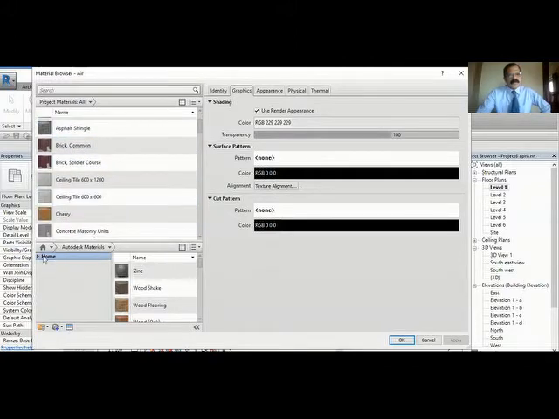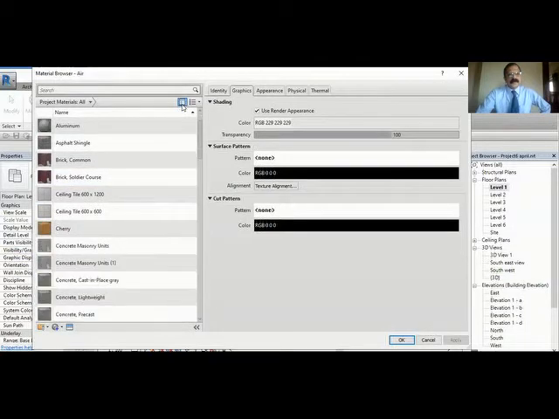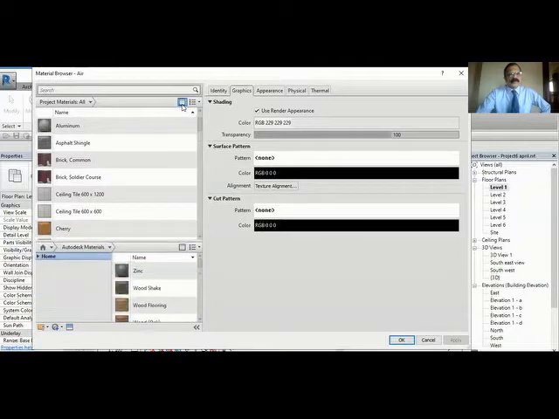From here, if this window is not on, you can switch it on and off. You can show this, click this button. And when you click this home button, you can see there are two types of material, Autodesk materials and AEC materials. Suppose I select Autodesk materials, click this arrow, and you can see there are different types of materials available here: concrete, fabric, flooring, whatever it may be. You can select that one.